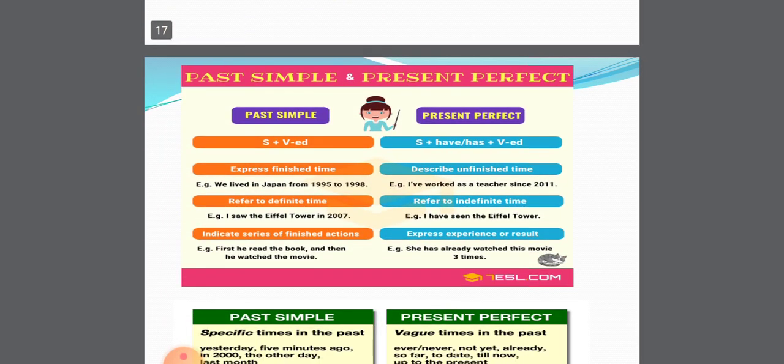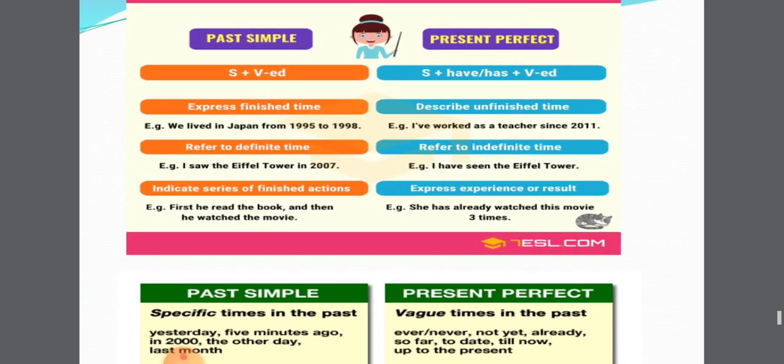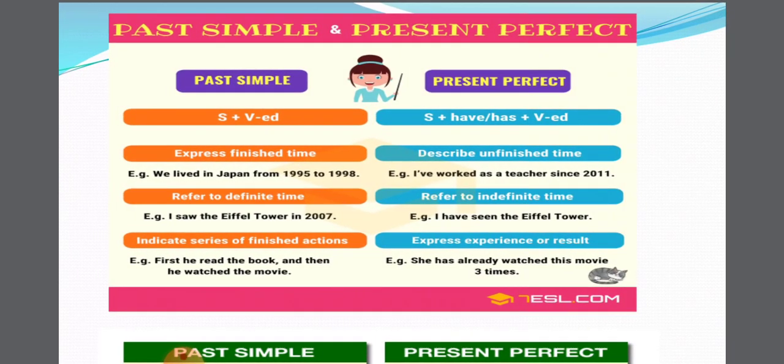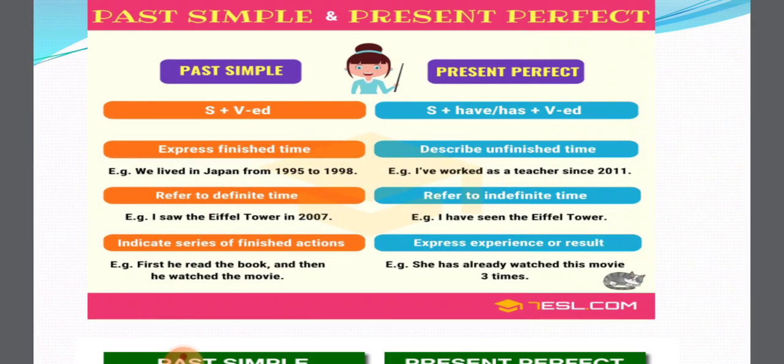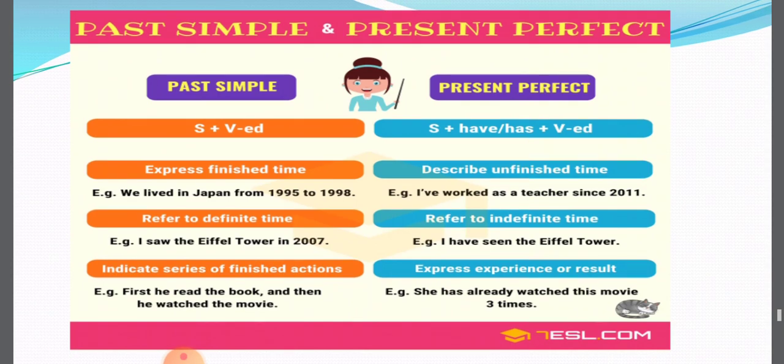Now we'll proceed to another one. I have picked up the most confusing tenses where comparative study is needed. Now simple past, or past simple, and present perfect. Now this is very important. This gives a lot of trouble to the children, I have seen.